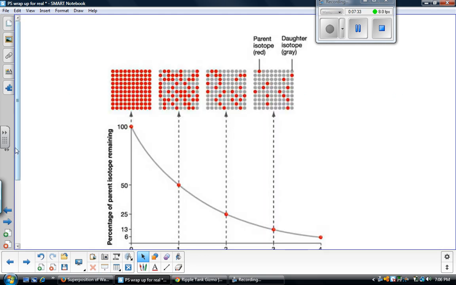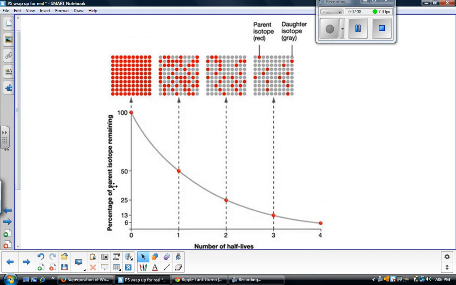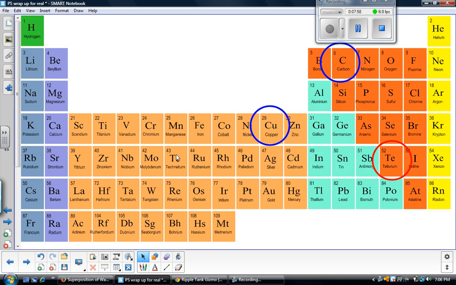Here's a graph that we can use to help us understand half-life. On this graph, on the x-axis I have the number of half-lives, so 0, 1, 2, 3, 4, and you can have more half-lives than 4, it can keep going. And on the y-axis we have the percentage of the parent isotope remaining. So at the very beginning of a nuclear reaction, and let's say it's our copper turning into zinc. Okay? This is our parent, this is our daughter. So in the beginning,